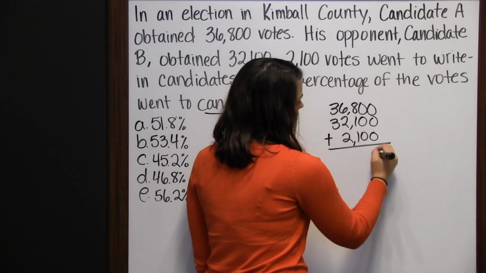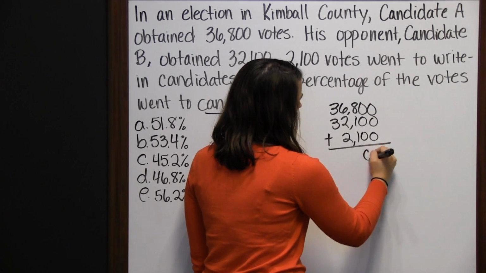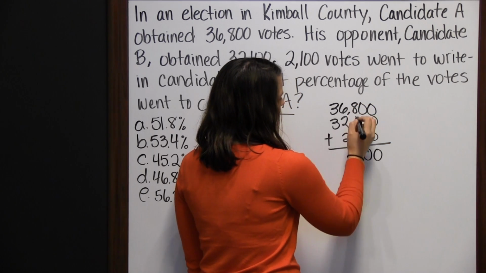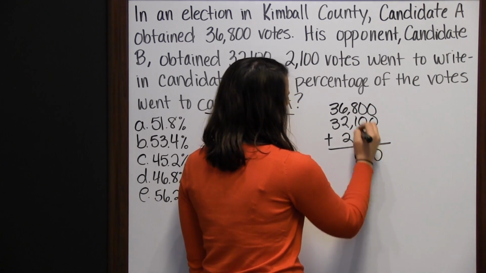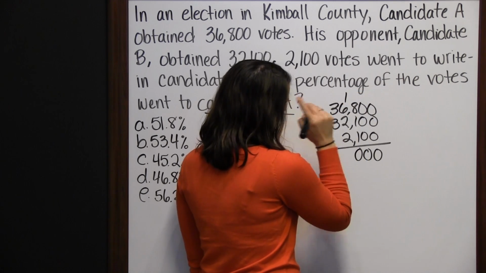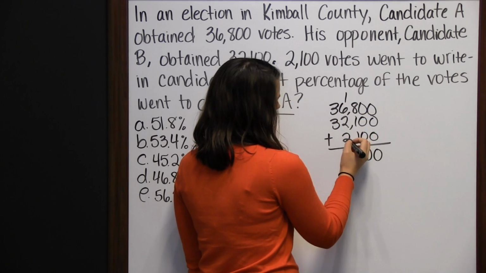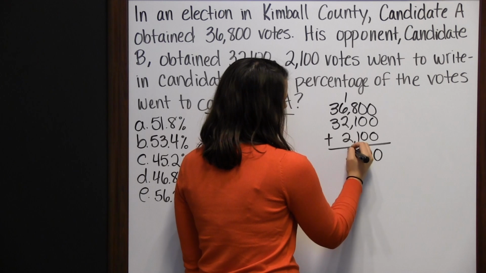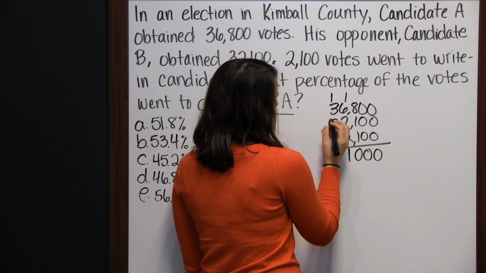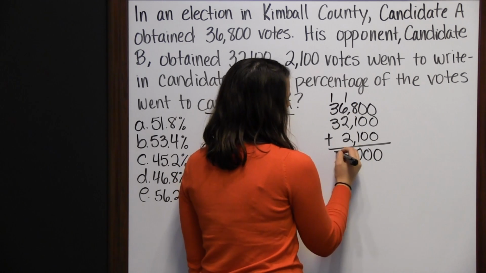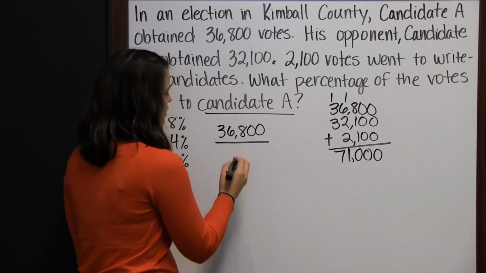So we're adding, those are 0, and again we get 0. Then we have 8, 9, 10, so that's a 0, carry the 1. We have 6, 7, 8, 9, 10, 11, carry the 1. And we have 3, 6, 7. So that means there were a total of